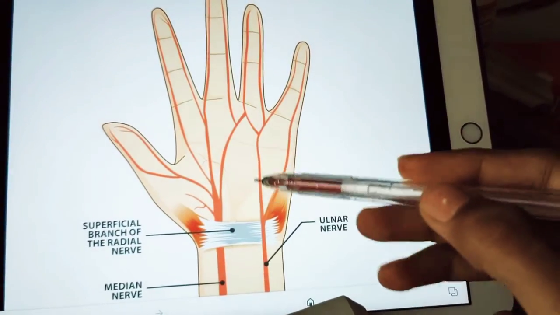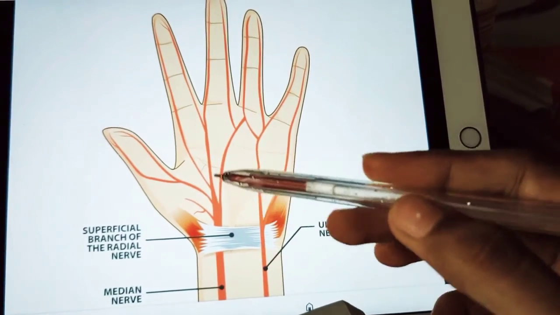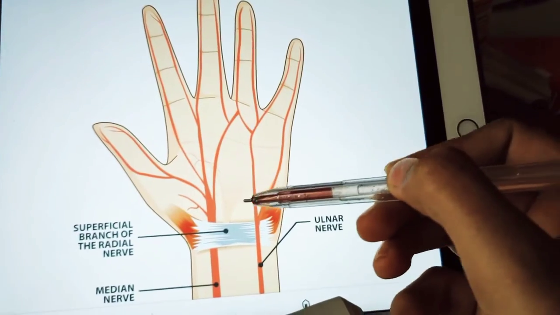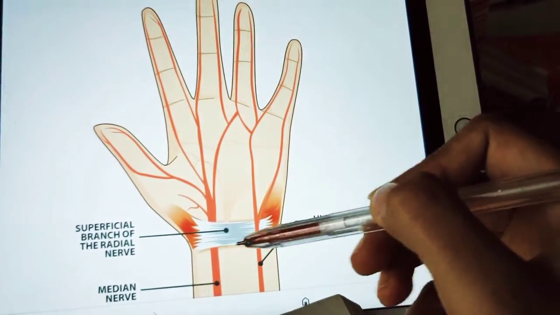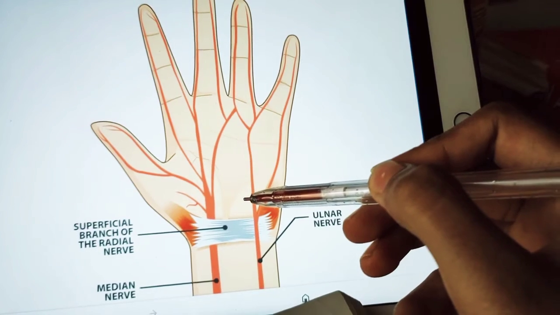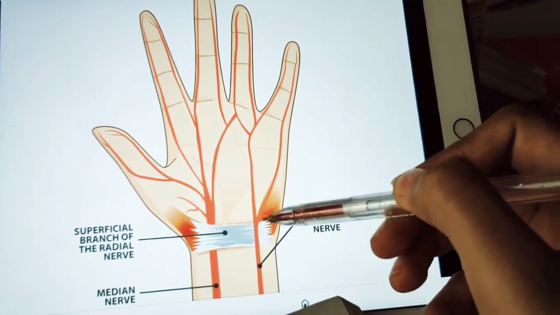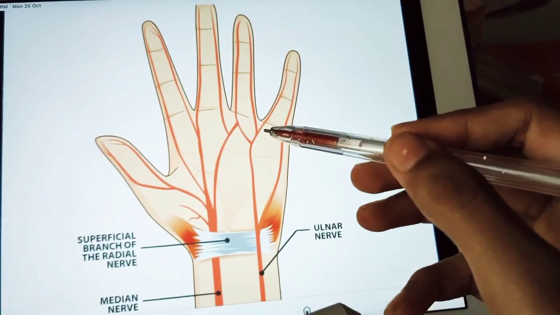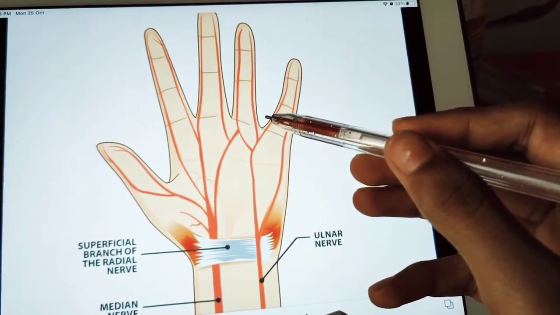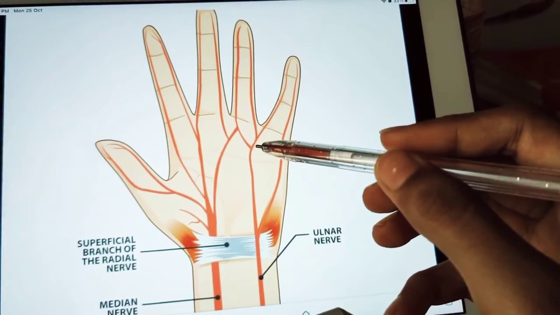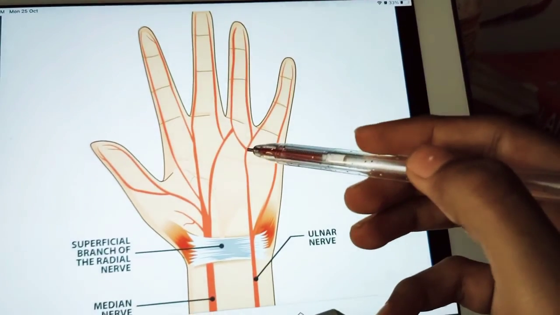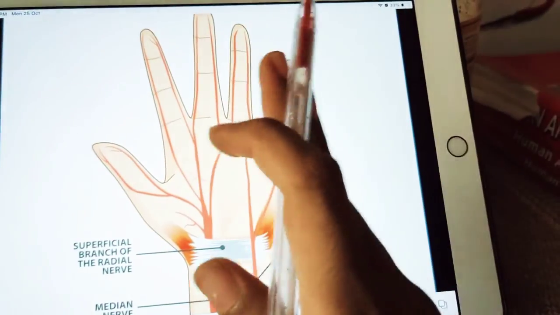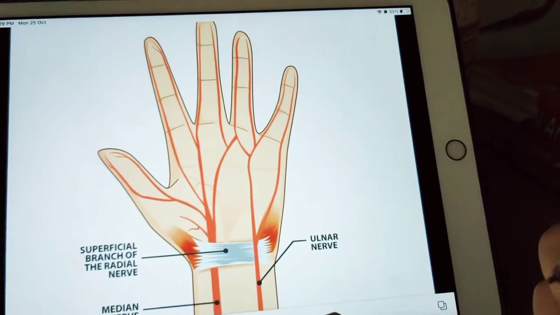The superficial terminal branch mainly supplies the palmaris brevis and also divides into two digital branches. If you remember, the palmaris brevis muscle will be here, right? It is part of the hypothenar eminence. So palmaris brevis is supplied by the superficial terminal branch of the ulnar nerve, and it divides into branches for the medial 1.5 digits. You can see this is supplying this one, and also this one. So the medial half is supplied mainly by our ulnar nerve.